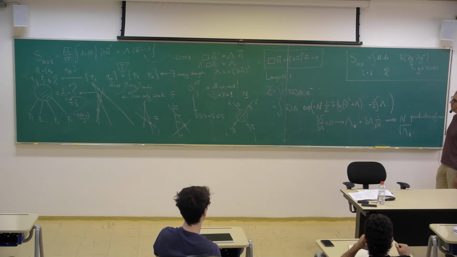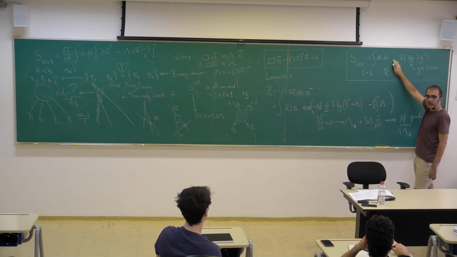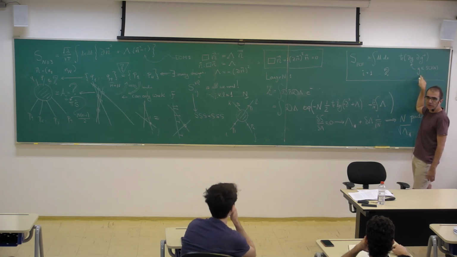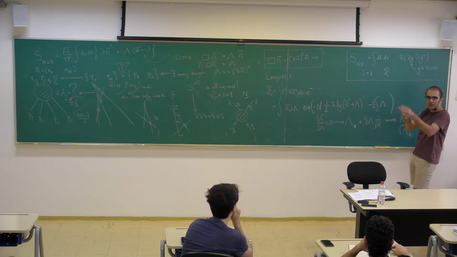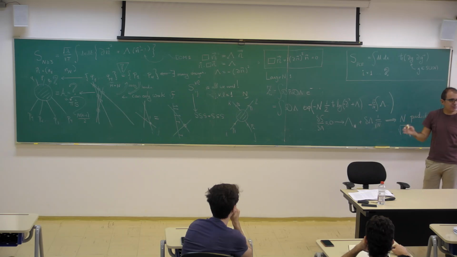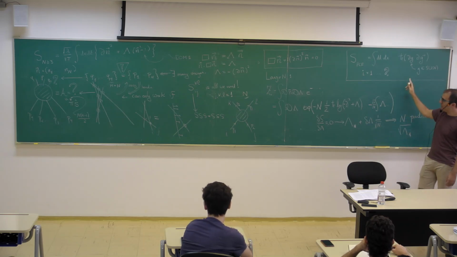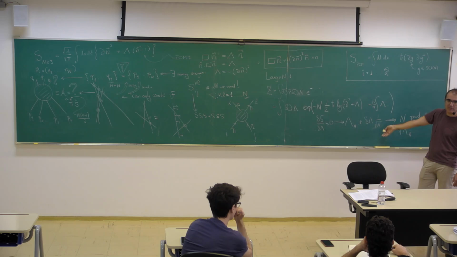I only know one more example where this large n works very well. Because, for example, suppose I take this model and ask what do I learn from large n? And the answer is nothing, because when G is a matrix, like here, large n is not that powerful. We saw in Witten's lecture, right? We could draw cartoons and so on. We could not compute things. We still need to sum over all planar diagrams and so on. This one is special because we did large n in a vector model. And vector models are much easier. See, large n was one line. Witten's large n was one lecture.